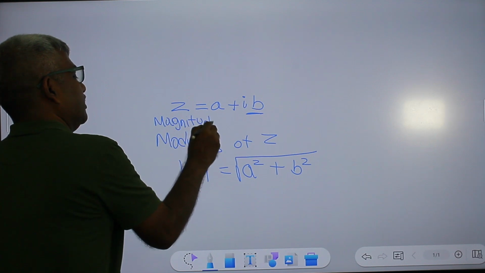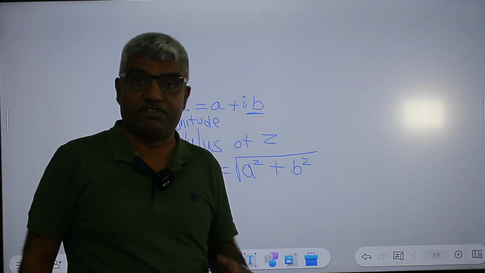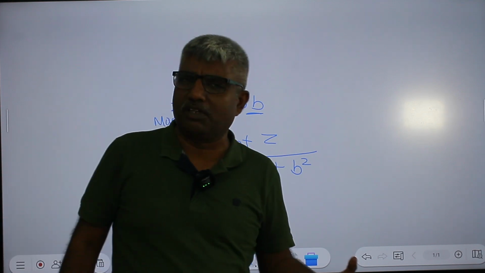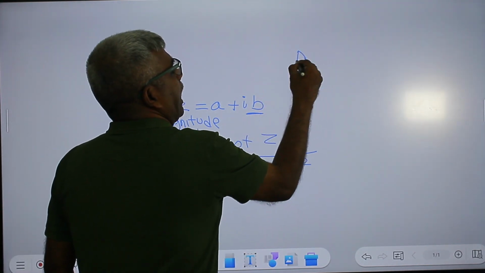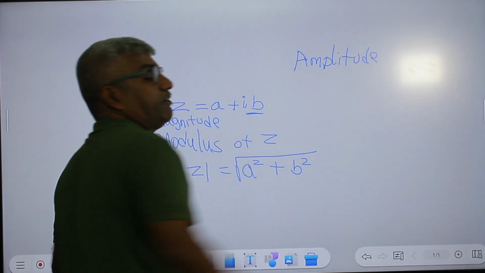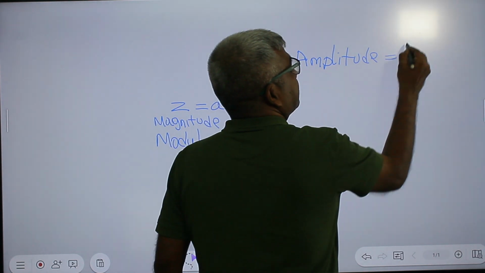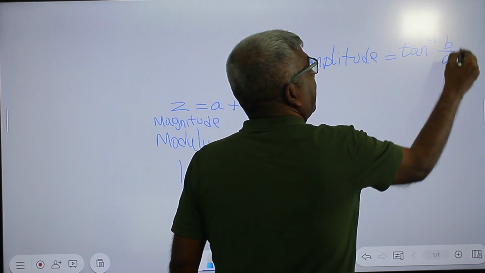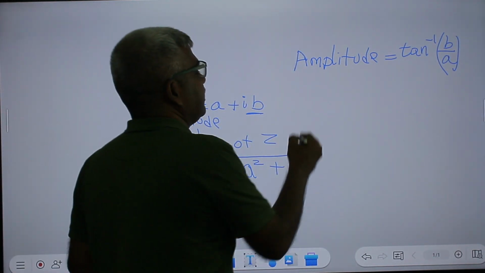Okay. Now another one. Amplitude of Z, or some books mention argument of Z. Both are commonly, evenly mentioned. Don't confuse between amplitude and magnitude. Amplitude is tan inverse b by a. Okay. For example, Z is equal to